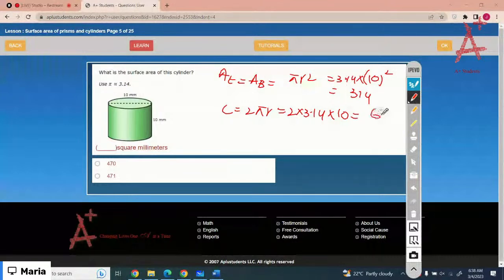You have to calculate the area of the side. That would be C times H. So C is 62.8 and H is 10. So just do 62.8 times 10. That would be